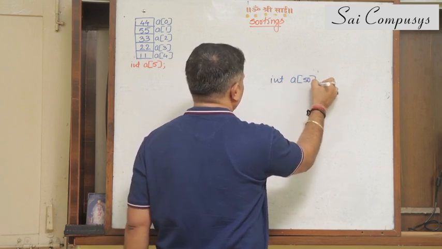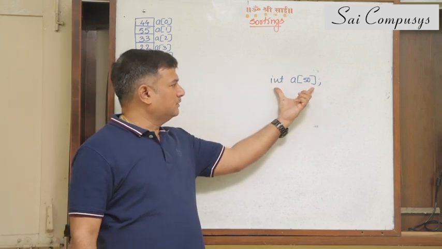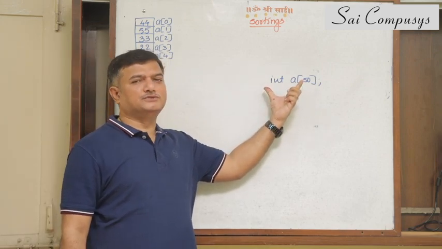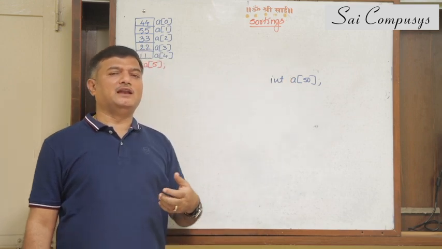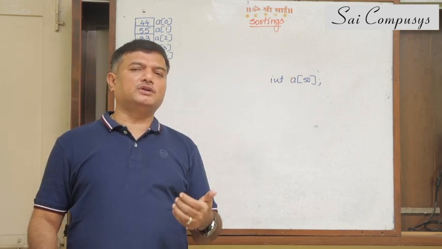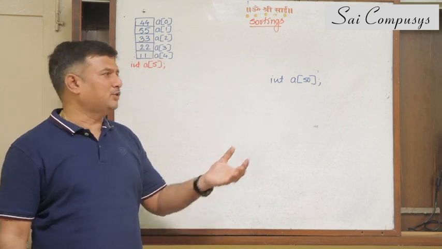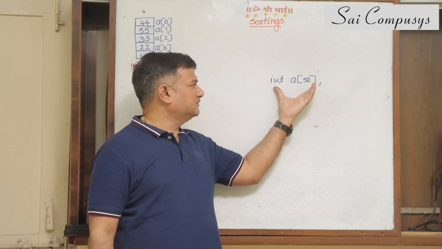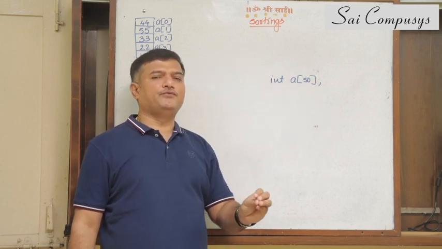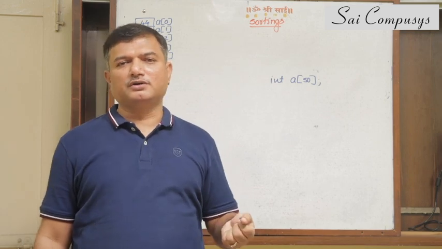Let us say you have an array of 50 numbers. The elements of this array are entered by the user. You do not know what elements the user will give, or you do not know in which particular order the elements are going to be entered by the user. You just know one thing, that you have a list of numbers with you. The numbers are 50. You have been asked to arrange them in the ascending or descending order.